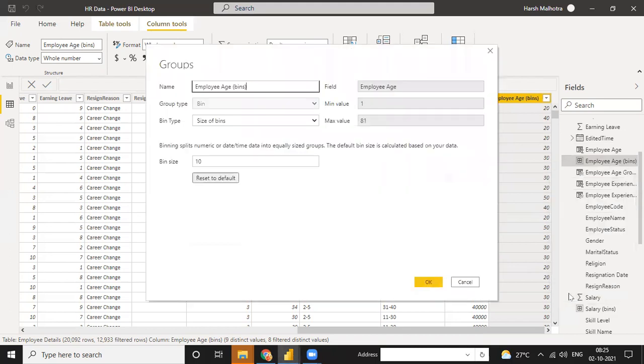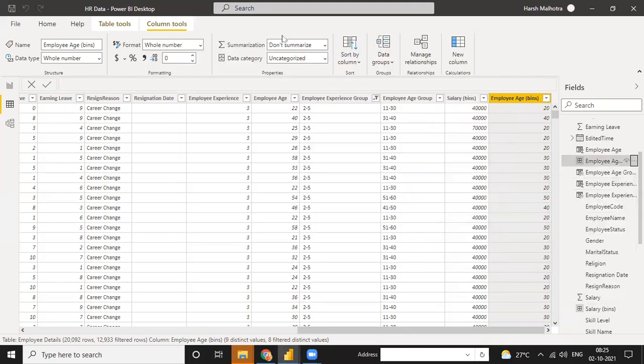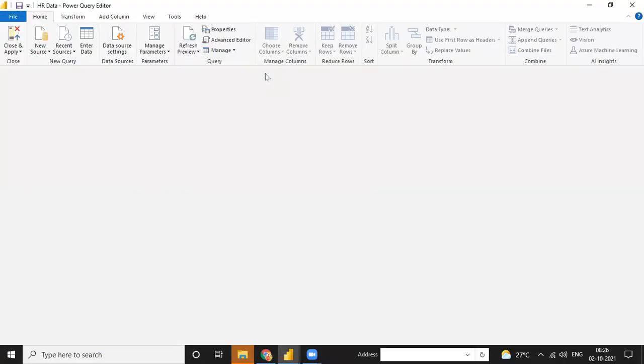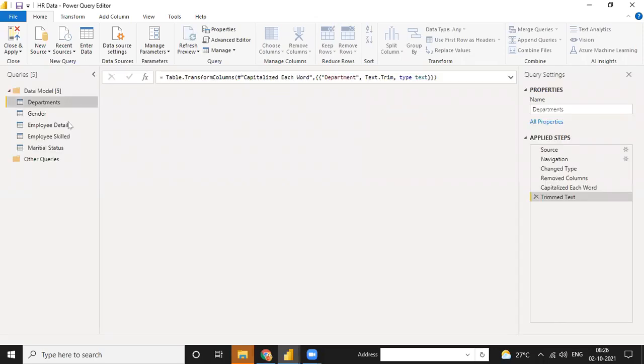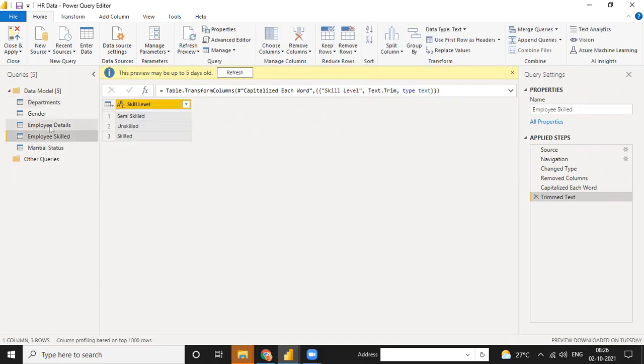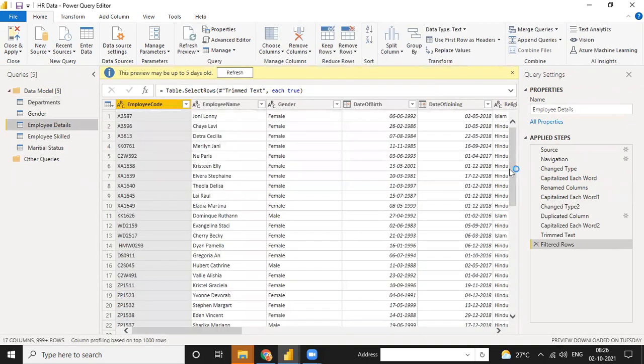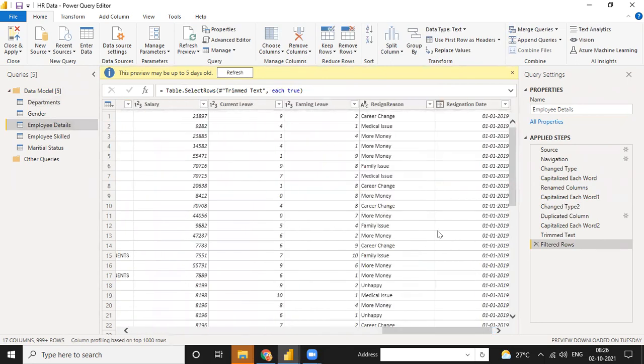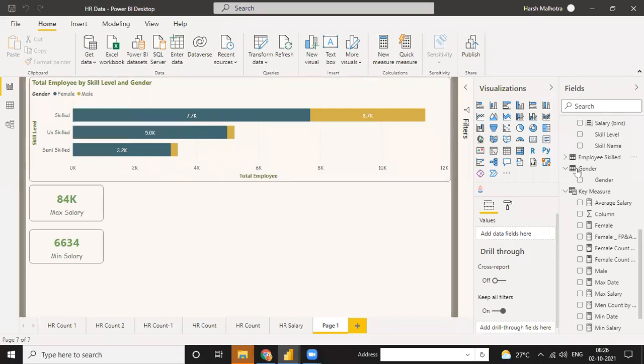edit group. Either you can just edit by group, this one, or you can go to transform. Maybe it will show the advanced editor also. Let me just check. Employee detail. In this, it is not showing because it is a background way. So it will not show, it will just give you the edit way only.